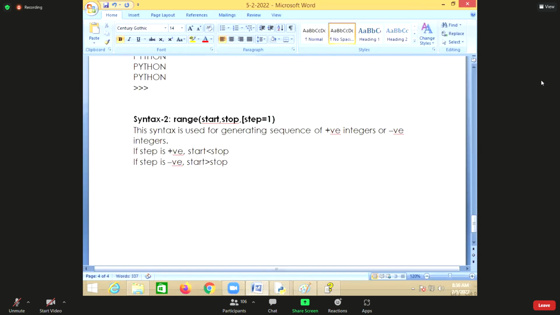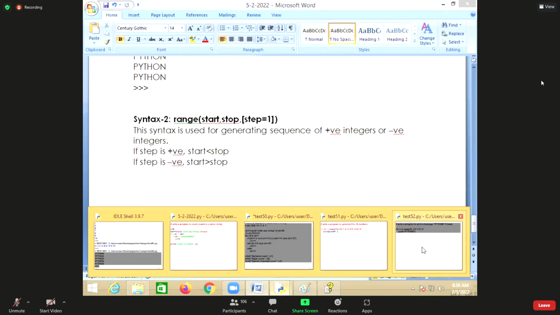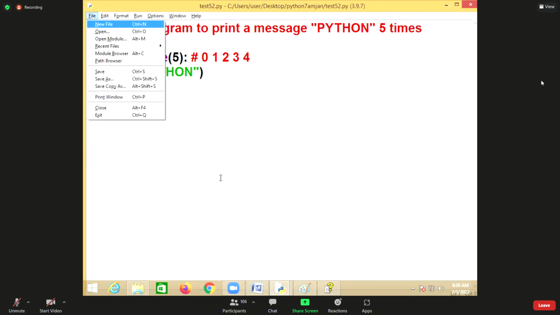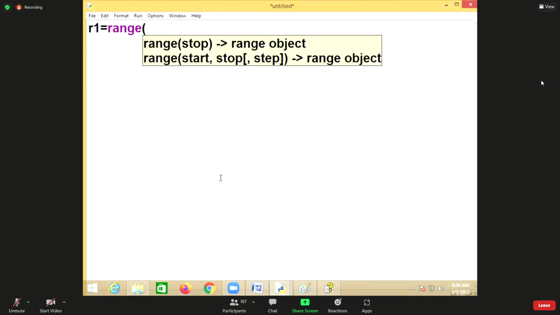But the default step in this case is 1. You can see now, I'm creating a range. I can say r1 equal to range, and I'm creating which object here?